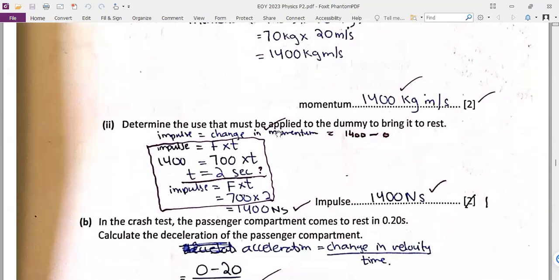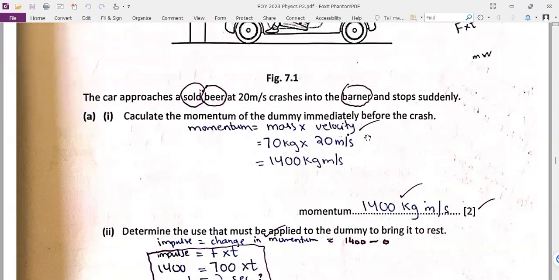Determine the impulse. It should be impulse. So impulse is the change in momentum, and it is 1400 to 0. So if you input this change in momentum and take the time, which is